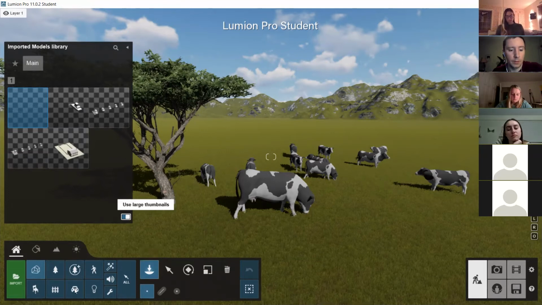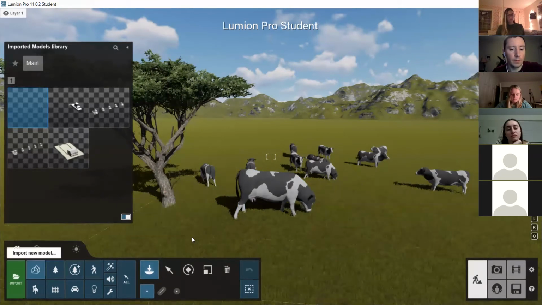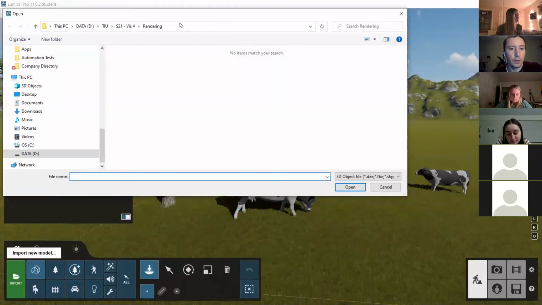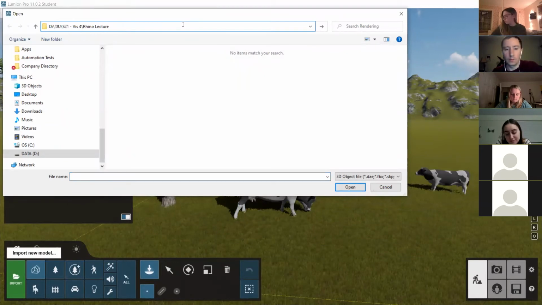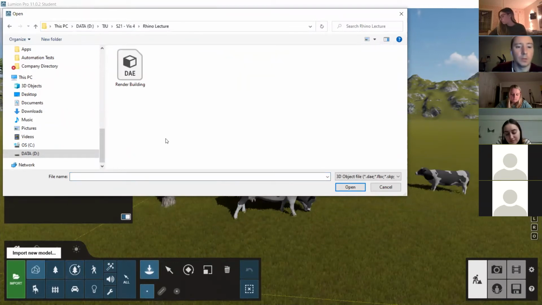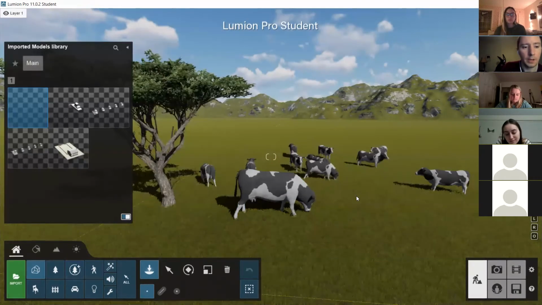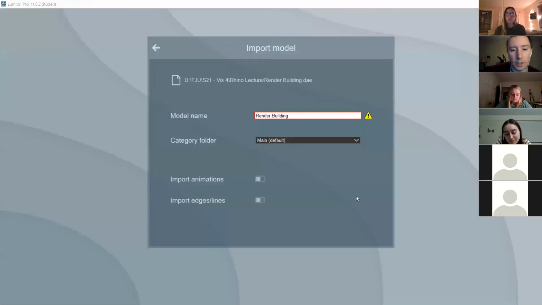It's really frustrating when it's slow. I can't move quickly. Come on. Import new model. Let me go to this file. So this is where I saved my file. I click on the building that I had, and you'll see that all the models that you do import,